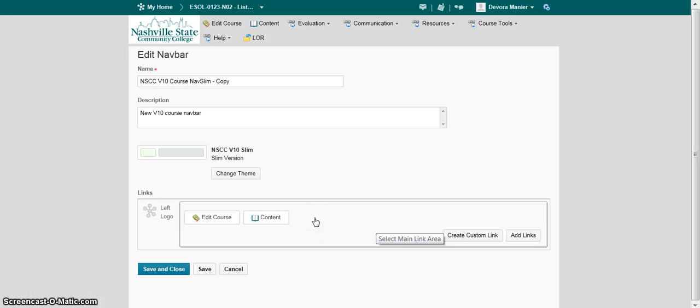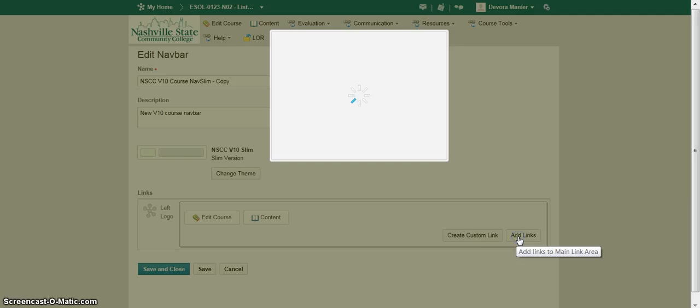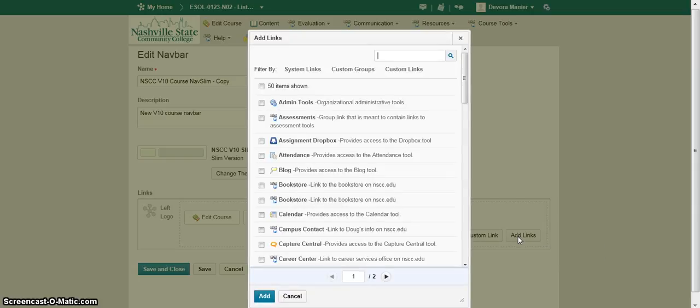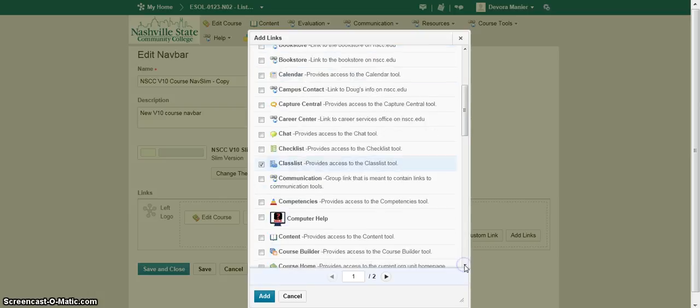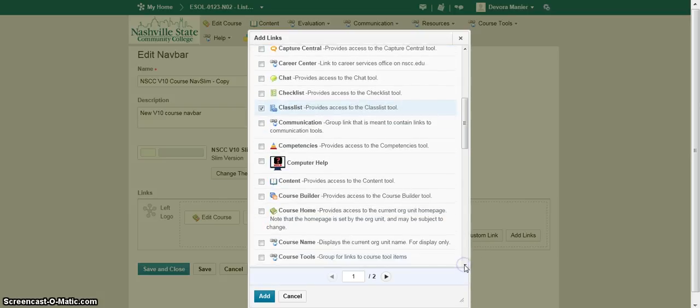All right, now I'm going to start adding just the links I want my students to see. Okay, I'm going to want them to be able to follow their attendance, and I'll want to take attendance. Okay, I like to put, let's see, where are we here? Down, class list. Okay, so they can look at students' names, and so can I. And if I want to add an instructor, I can do that here,